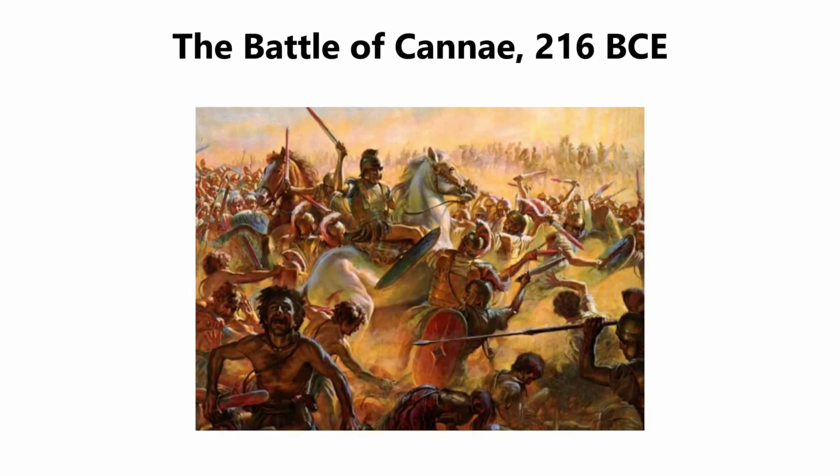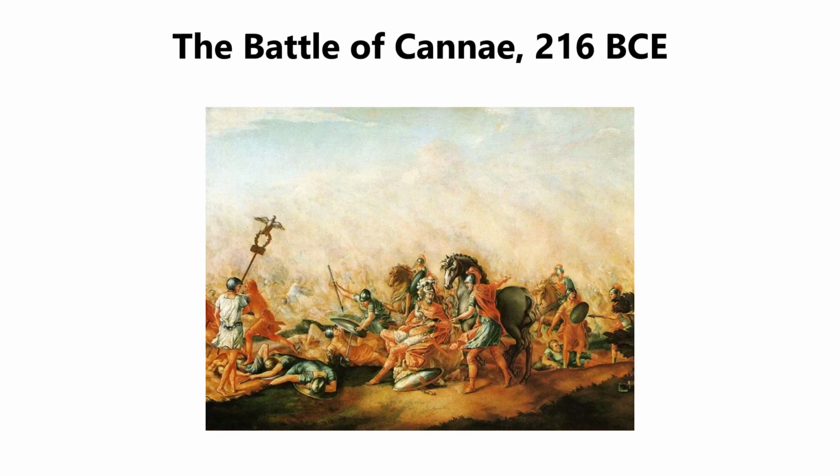Hannibal, a master tactician, understood his enemy's weaknesses. When the Romans arrived at Cannae, they formed a traditional battle formation, with their troops arranged in a long, narrow line. Hannibal, however, used a brilliant strategy, placing his weaker infantry in the center of his formation and his stronger forces on the flanks. As the battle began, the Carthaginian center slowly retreated, luring the Roman forces in. The Romans, eager to push forward, followed the retreating troops, and as they did, they exposed their flanks to Hannibal's